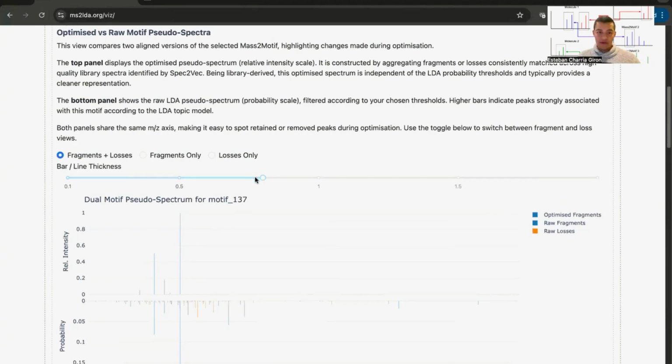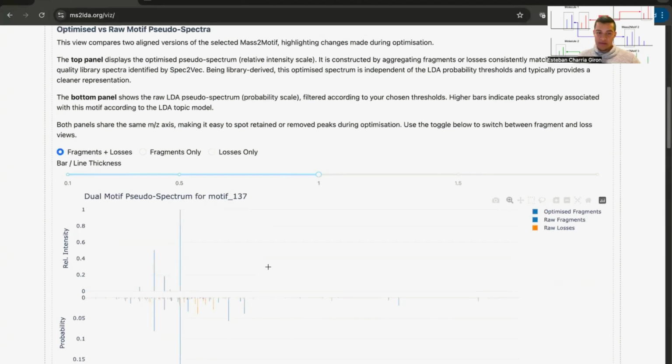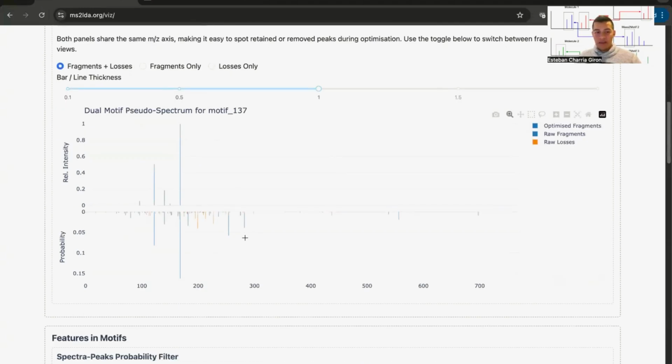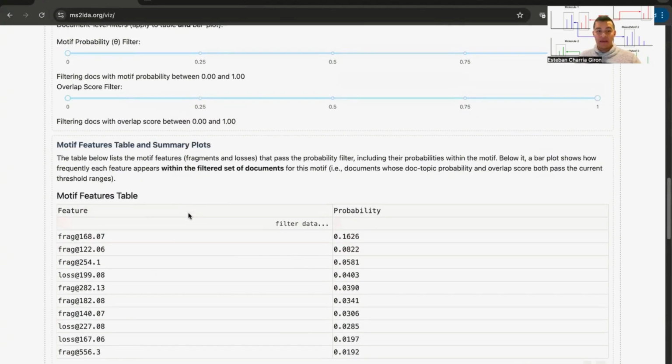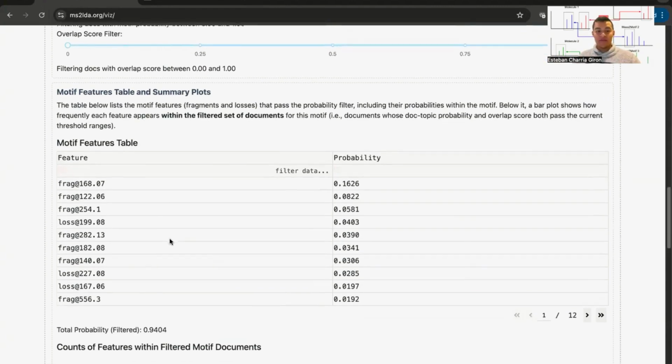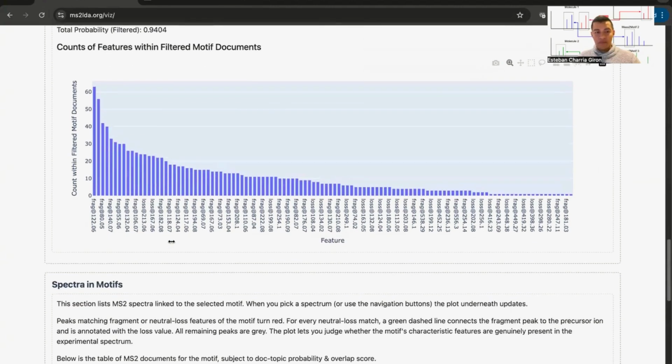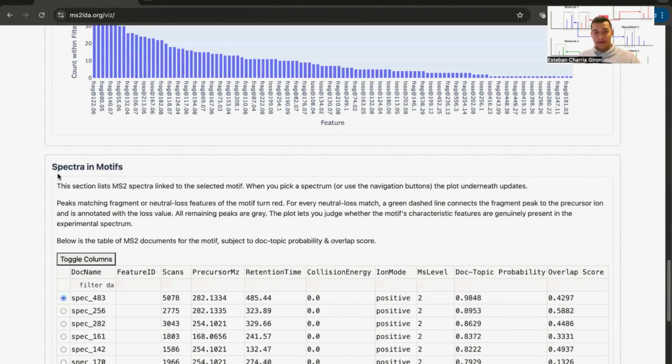Here we can just make it a little bit thicker so that we can see it better. And then we can see the fragments that are representative of motif 137. If we go further down, we can see the different features in that motif. And these are here, so different fragments and losses and the probability that they will occur in the spectra where the motif was detected. So basically, if we go further down, here we can see which spectra are associated to